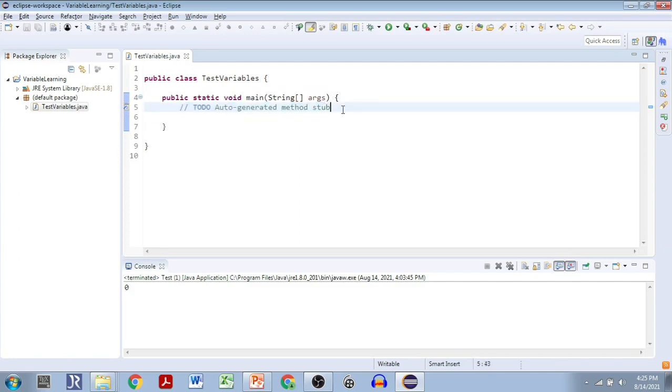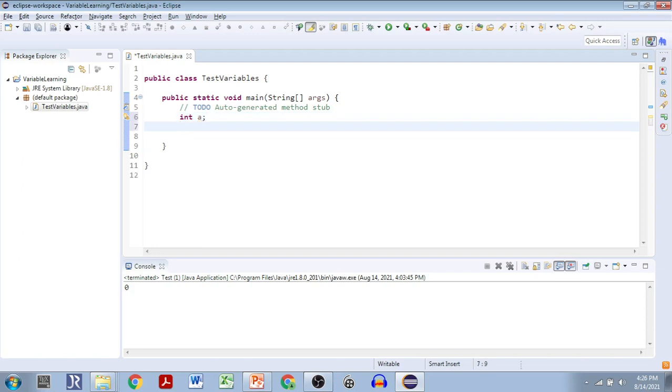Now we'll see how a variable can be defined. A variable can be defined simply by data type and name, as we have seen in the last slide. So int is a data type, followed by a space and a variable name. Whichever name you like, you provide that, provided it starts with an alphabetic character, otherwise only some specific characters are allowed. It should not start with a number. So I'll give a simple name a, and write the semicolon. So the variable a is declared.